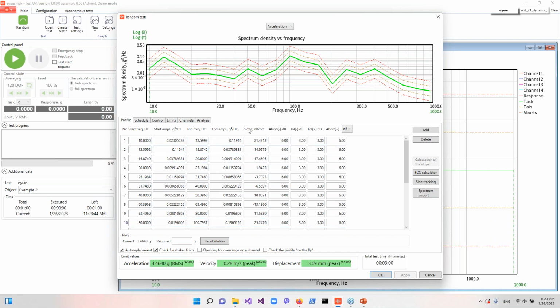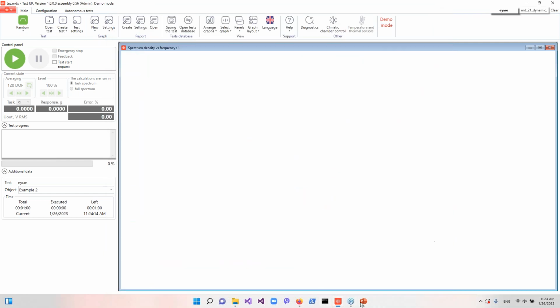So using fatigue damage spectrum, you can test your objects for durability, like car parts, car lamps, lights, and so on. I think it's one of the most interesting and important features in our software, and now we try to improve and develop this algorithm. And the final test I want to show you